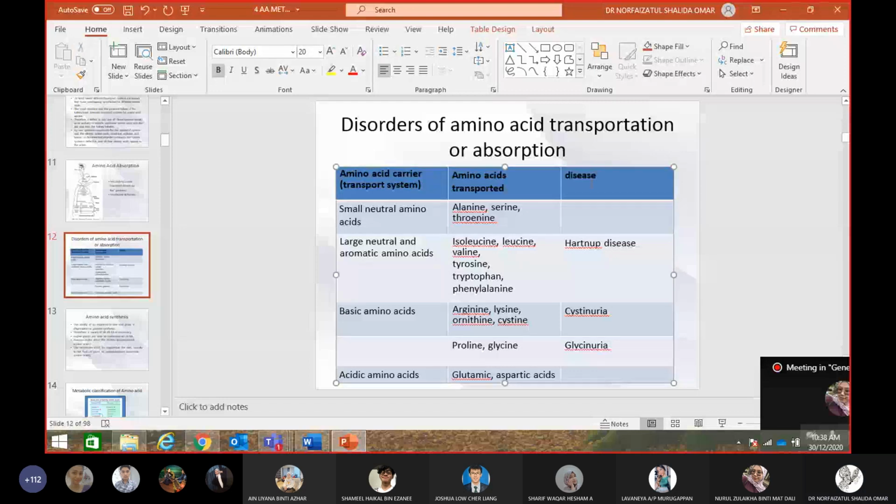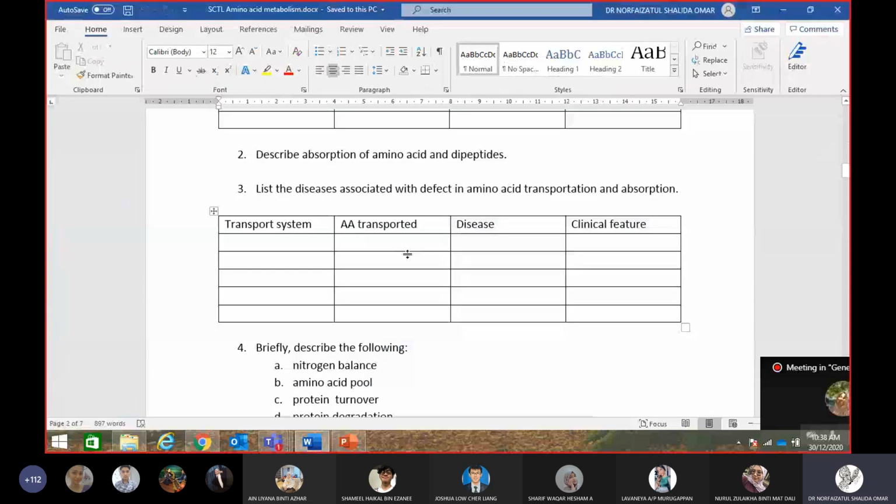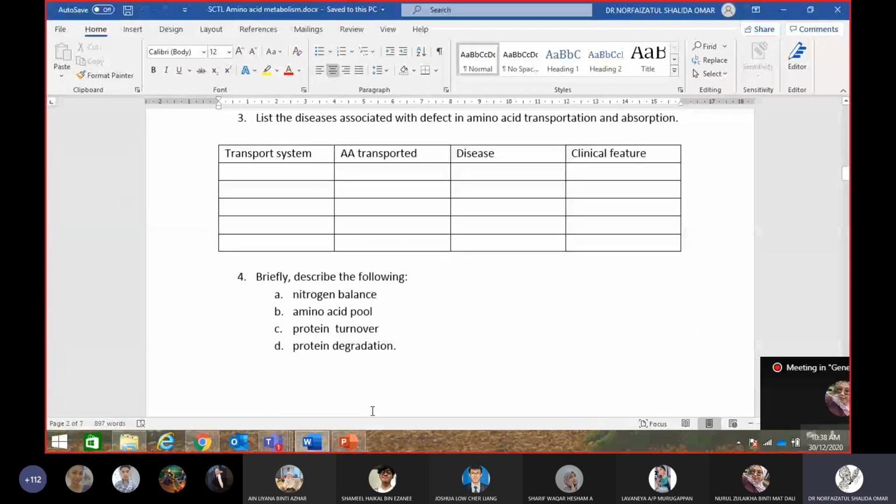Okay. So that one is on the disease. There's a defect. Okay, briefly describe the following. So this one also is the